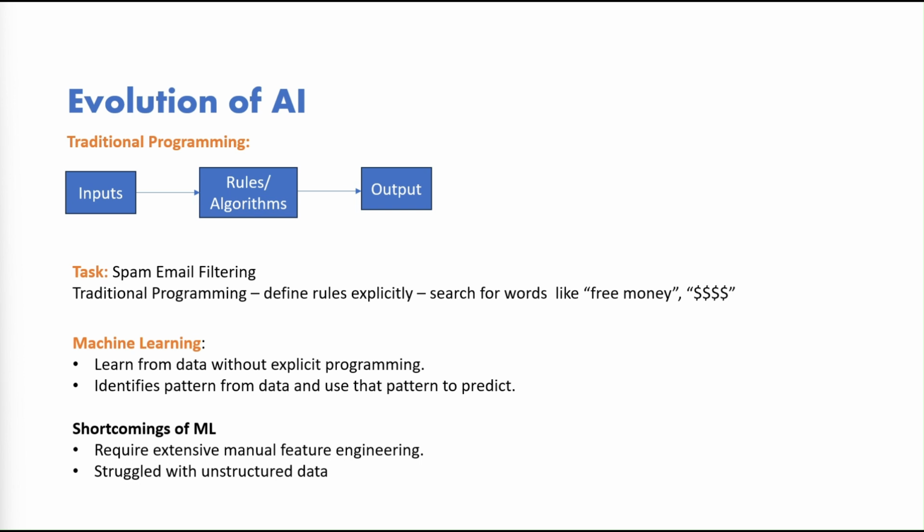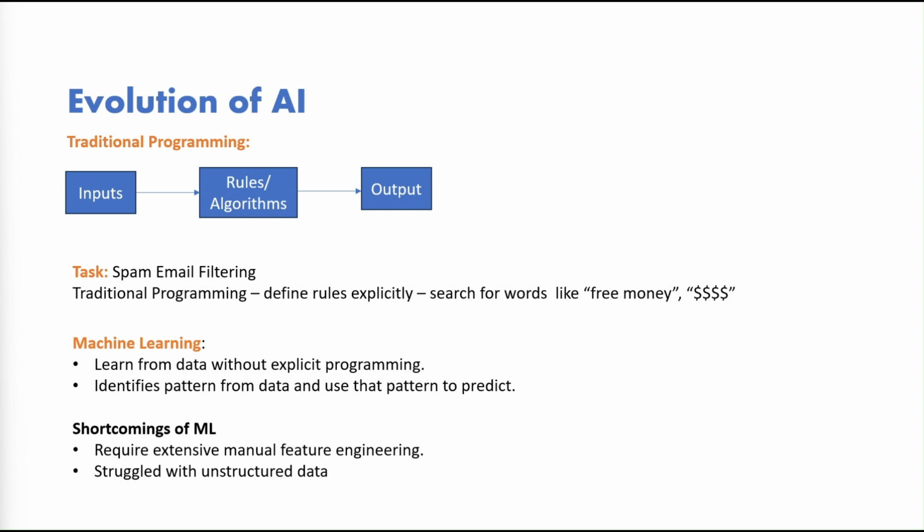This leads us to an important question. What if we could train computers to learn from experience? This is where machine learning comes into play. Machine learning identifies patterns in data and uses those patterns to make predictions. In the case of spam email filtering, we provide the model with thousands of emails labeled as spam or not spam. The model processes this dataset and builds a trained model by identifying patterns within the data. Once trained, the model can analyze new emails it has never seen before and predict whether they are spam or not, based on the patterns it has already learned from the data.